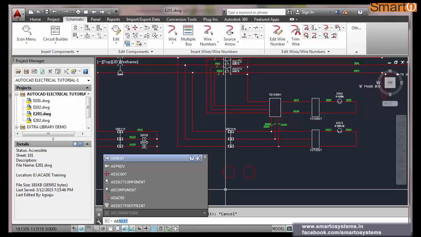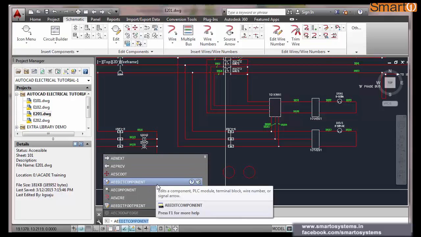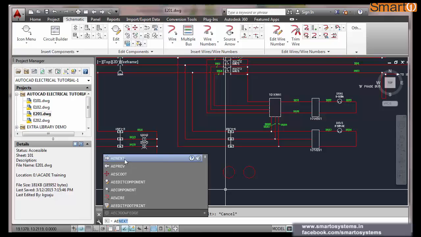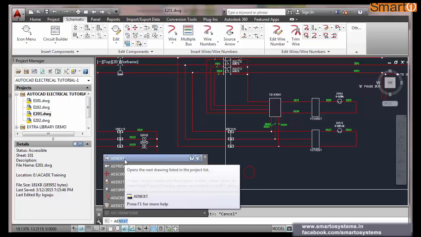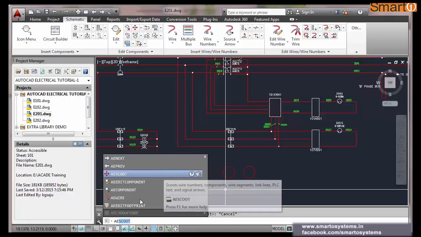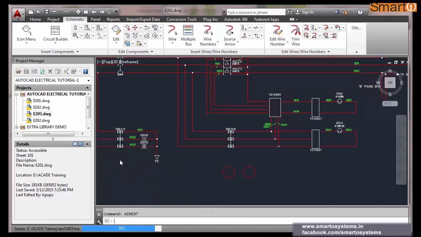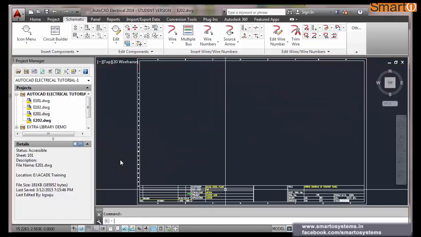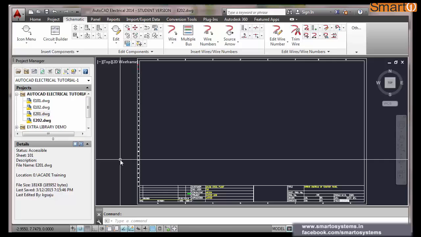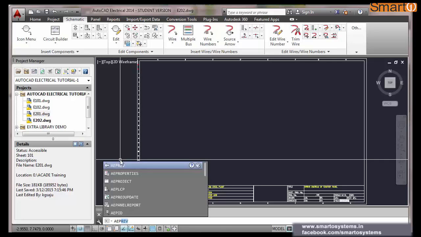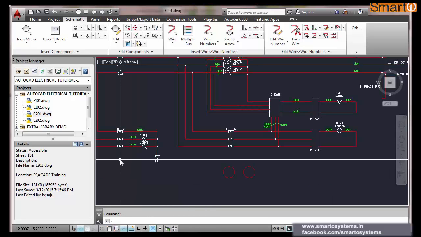See, just by typing AE, there are a lot of commands appearing on my screen. AE next, it will go to the next sheet. Simply type AE next, click, it will take you to the next sheet. AE previous, AutoCAD Electrical previous, it will take you to the previous.